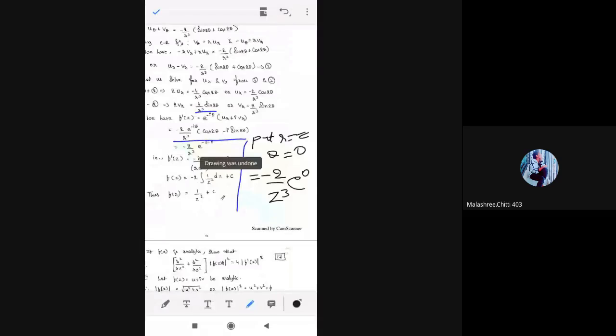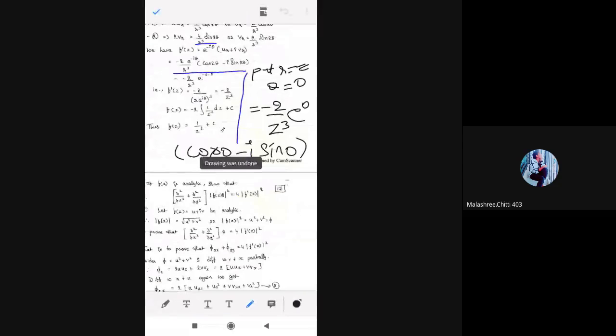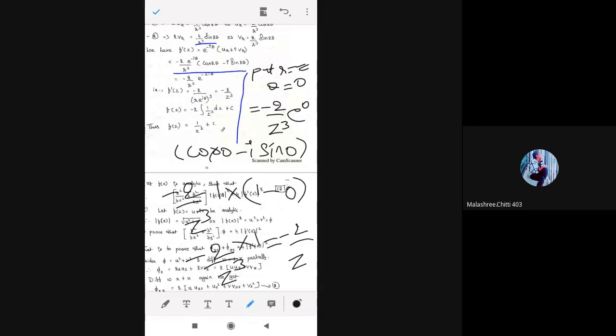So what expression do we get? Minus 2 by z cube into e power 0 is 1, into open bracket cos 0 is 1 minus i into sin 0 is 0. So it is minus 2 divided by z cube into 1. So we get just minus 2 by z cube as